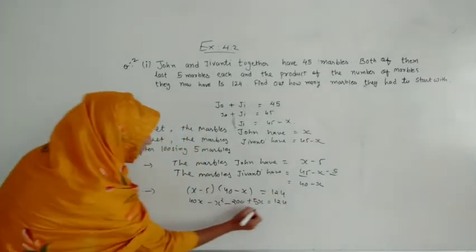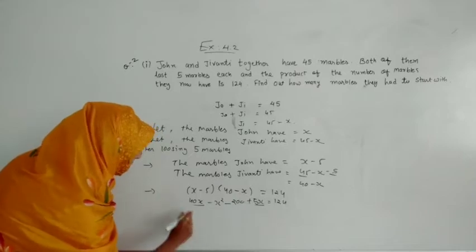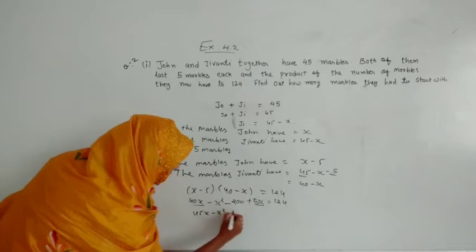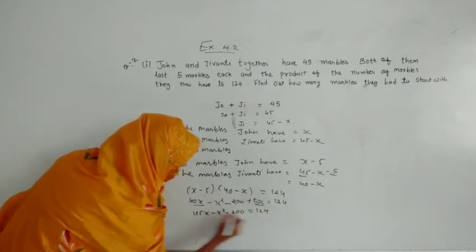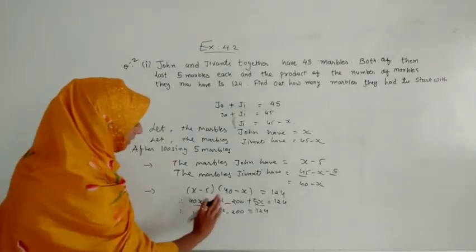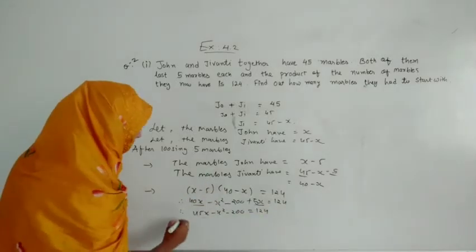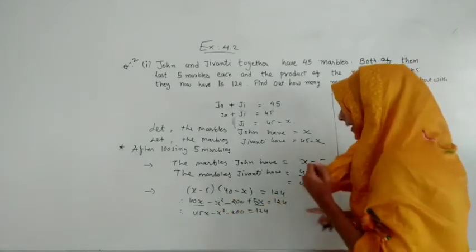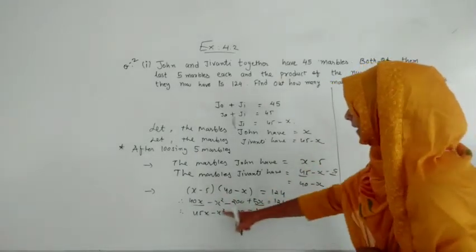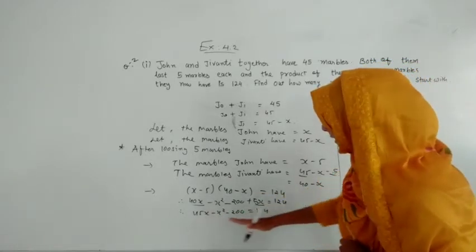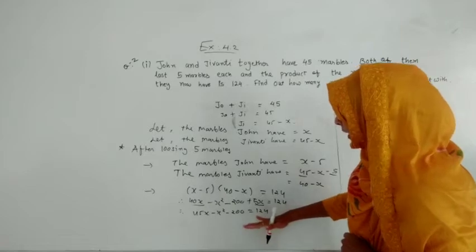Now here we will simplify. First of all, 40x plus 5x means 45x, minus x we will keep as it is, minus 200 we are also keeping as it is. But here we can see that our x square is in minus. So let us take it to that side. So let me write over here. It will become minus and plus when we are taking this to this side. So if we take all these three things to this side, all will change their sign, only the 124 will keep its plus sign.